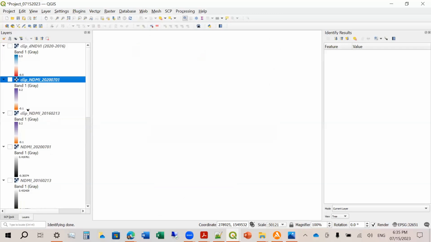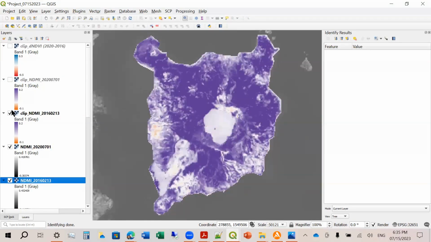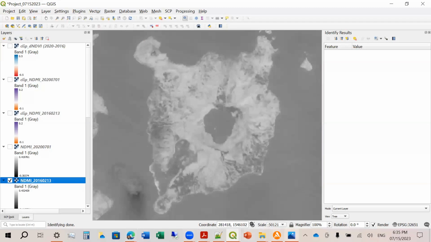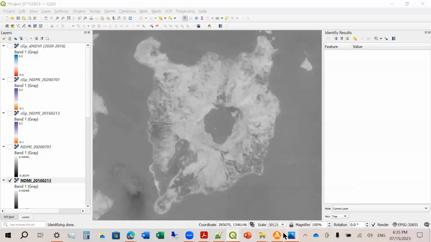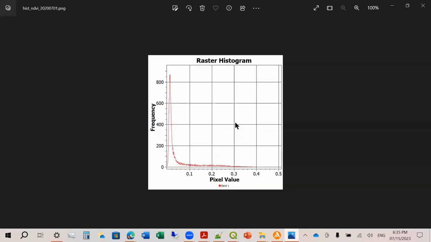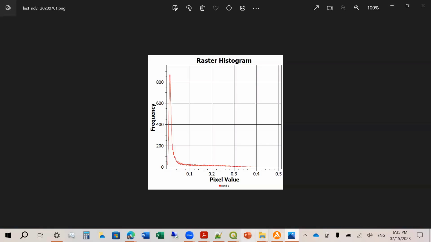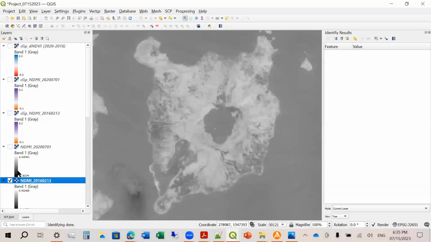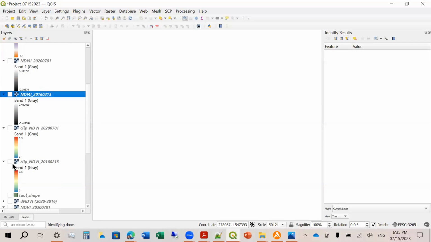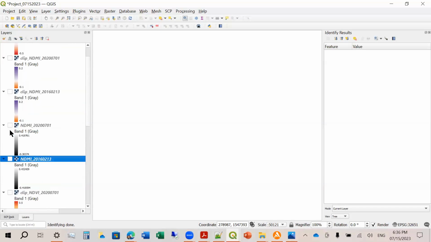Wala po, Doc. Okay. Doc, may tanong lang ako. Yes po. Doon po sa difference doon sa histogram, anong ibig sabihin pag nag-negative na yung peak? Okay, sige. You mean this one? Yes, Doc. Let me go to here. So you want to look at the histogram of the difference of NDVI. Tama ba ako? Opo.